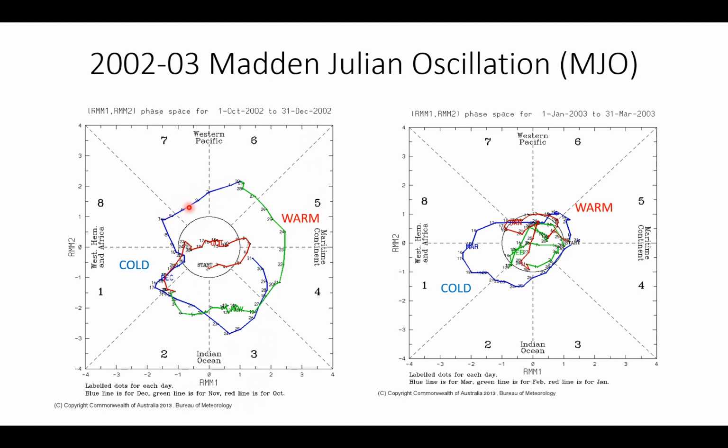This blue line represents the month of December. On the right side, we have the MJO phase diagram archive from 1 January 2003 to 31 March 2003. I'm paying attention to the months of January and February here, and they were in this small inner circle in that winter of 02-03, indicating the MJO had very little influence in those months on